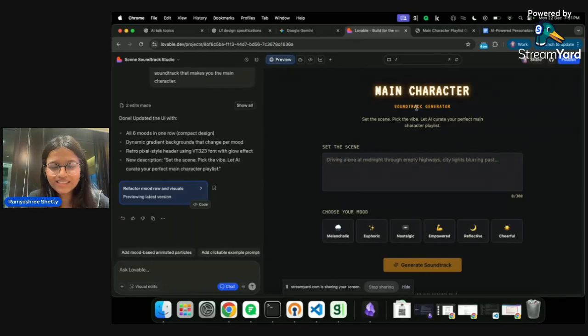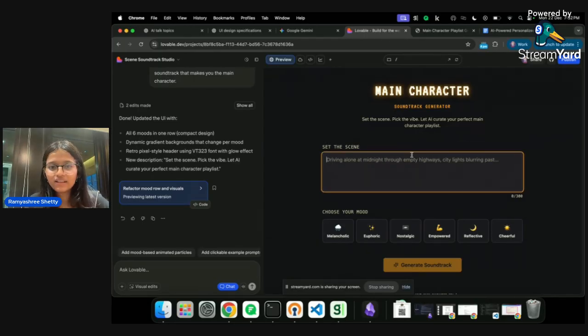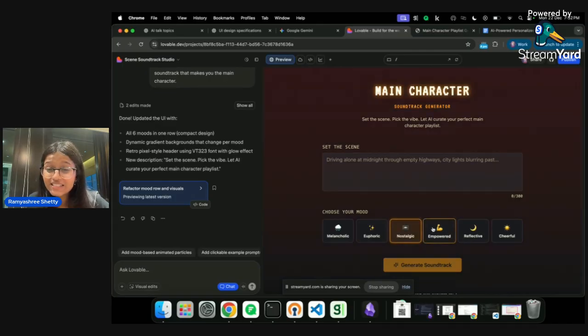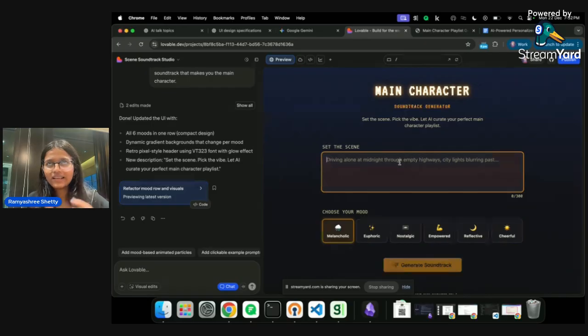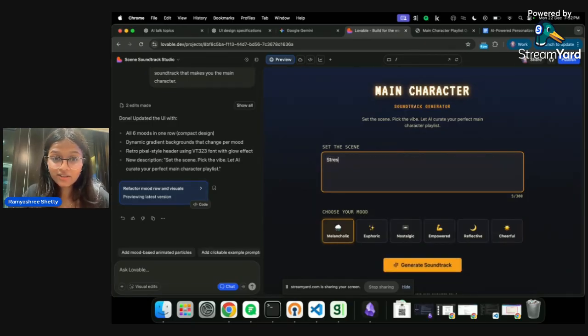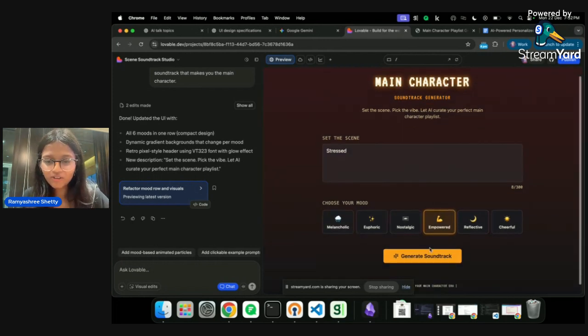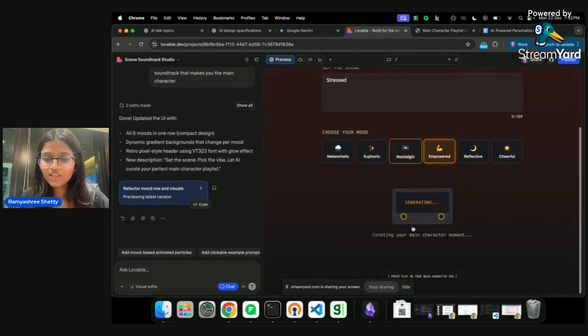I'll give a small brief about what this idea was. This is a main character soundtrack generator, where you set the scene, like you are driving alone at night, and you choose your mood: nostalgic, empowered, how are you feeling exactly. Let's say we are kind of stressed, and we need something which empowers us. So it generates a soundtrack,